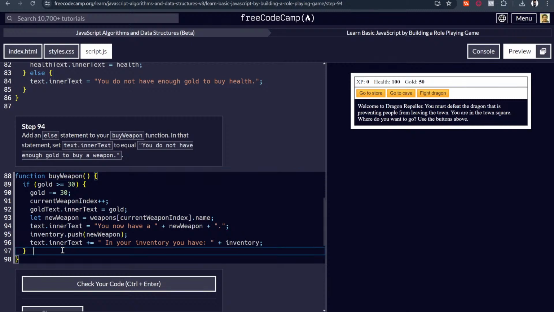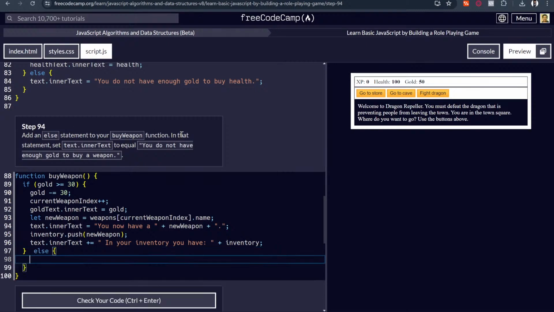So we'll just write else here. In that statement, set text.innerText equal to "you do not have enough gold to buy weapon." Yes, when the gold is no less than 30, basically. We've copied this. We'll put text.innerText equals, we had